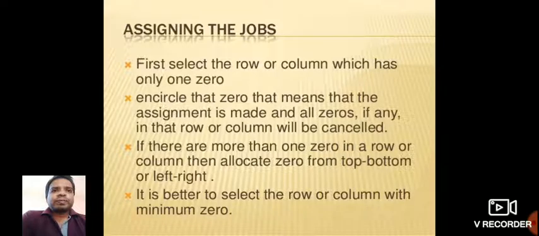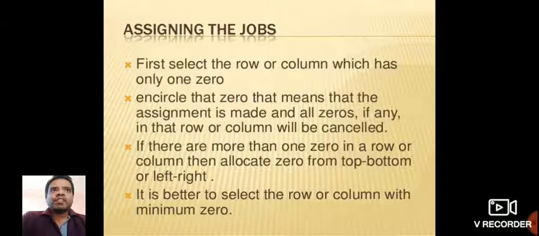Now in the third step, if there are more than one zero in a row or column, then allocate zero from top to bottom or left to right. Suppose you don't have single zeros, and all rows and all columns have more than one zero. If every column has more than one zero, we move from top to bottom.